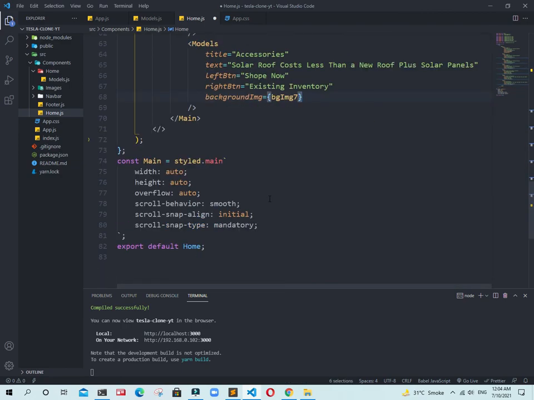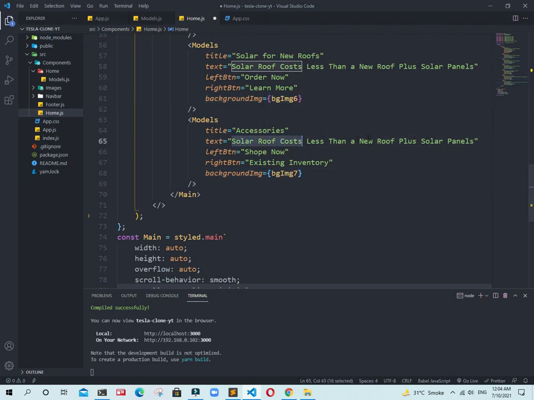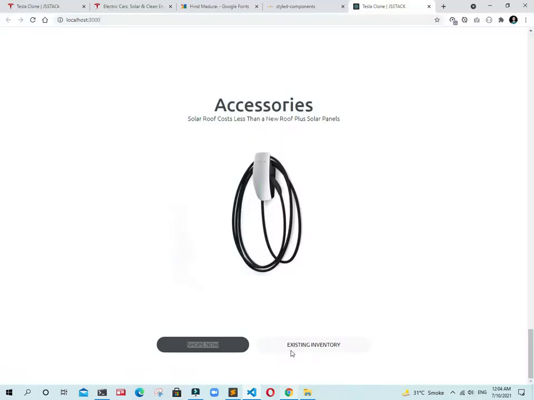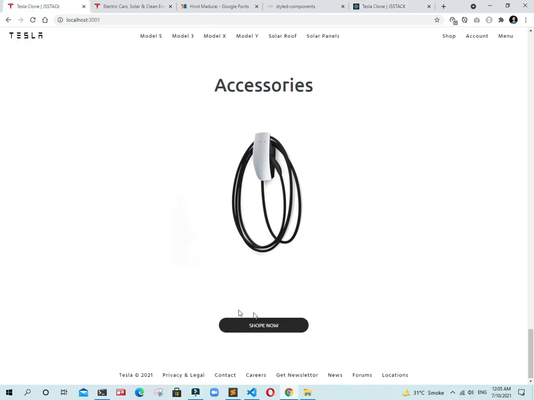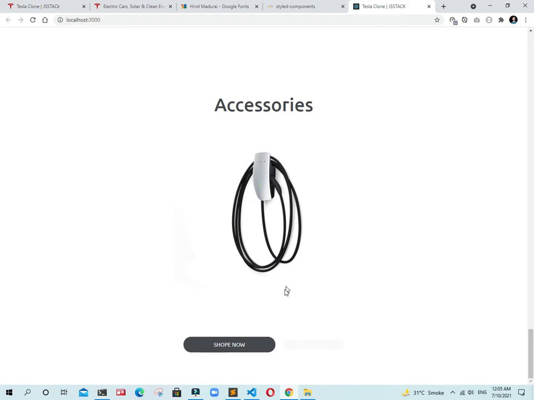Yes, and now I am also removing this one from there. Okay, and also this right button. Go back there and you see a difference. We have no tagline and no right button, but it is still on the left side, not in the center, but there it is in the center. Okay, how is that?